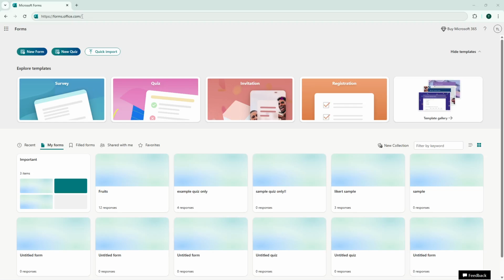First, open your web browser and navigate to forms.office.com. Once the page loads, log in with your credentials to access your Microsoft Forms dashboard. After you're signed in, look at the left panel and click on New Form to start creating your branching form